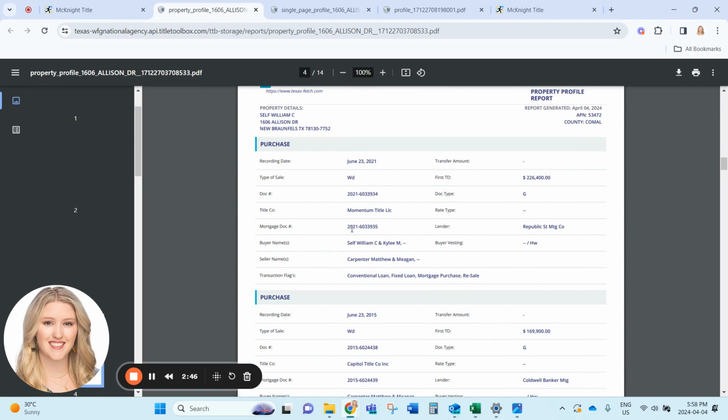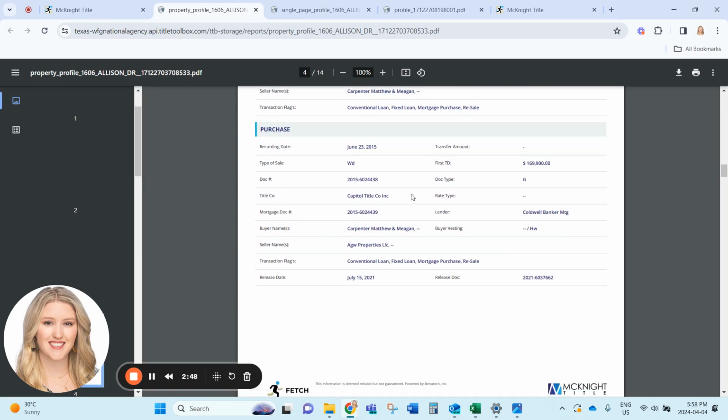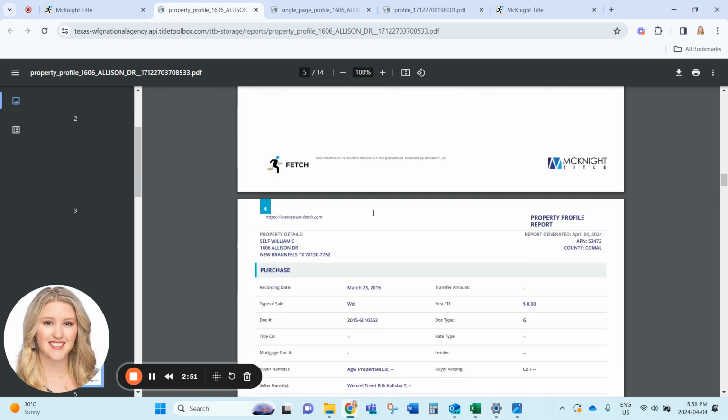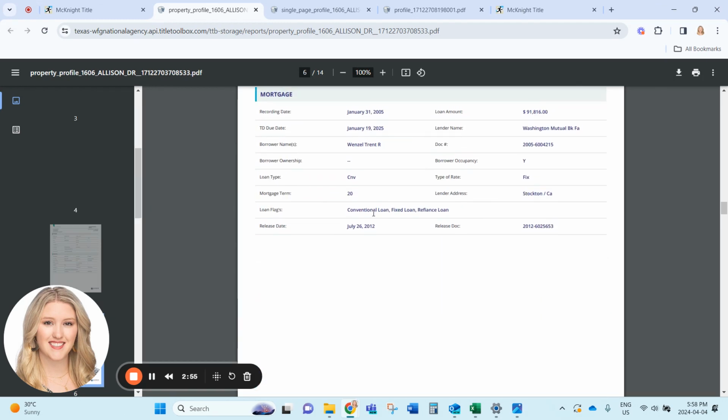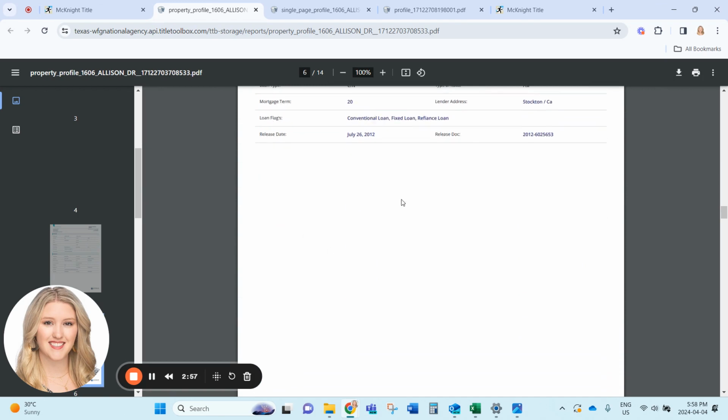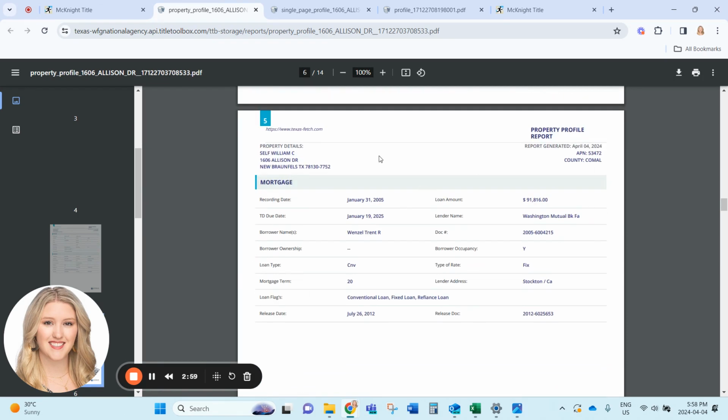Purchase info, this is the original purchase info. This is the prior owner's purchase info. And then it keeps going down to follow the chain of title. Then you've got your mortgage. This is the current existing loan on the property. This has not been released. If this had been paid off and released, this would not be